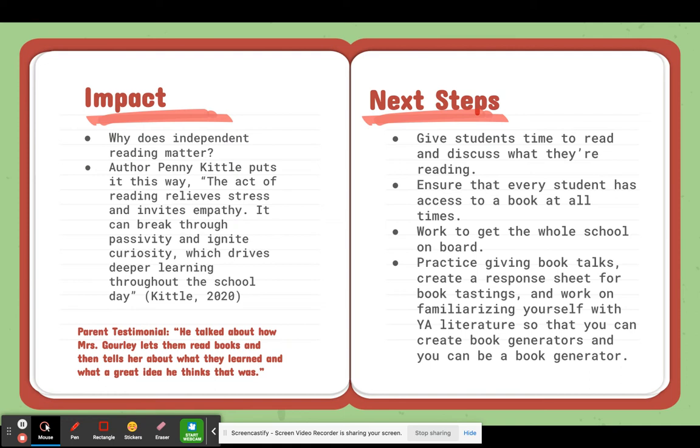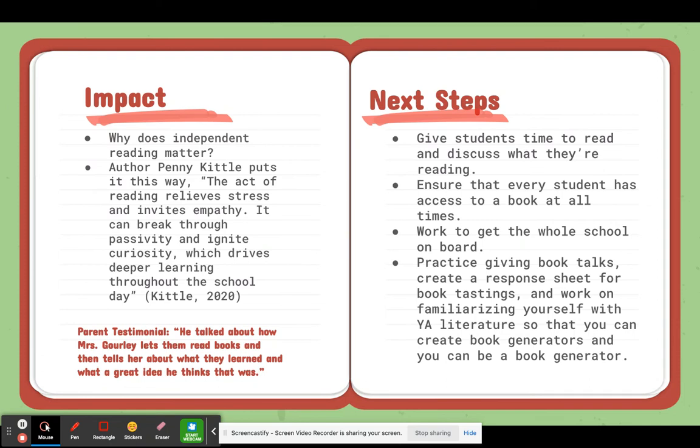This was an email I received a few months back towards the end of the school year from a parent whose teenage son, who was a student of mine, had apparently told his mother about the books that they were reading independently in my class, talking about that he liked that opportunity. And yes, they still had to read Gatsby this year, but he also got to read Ender's Game, and he got to tell me about that and share his interest with me.